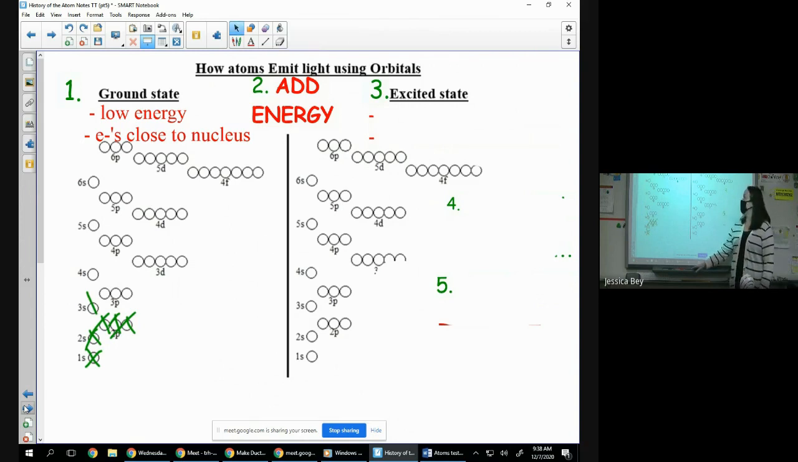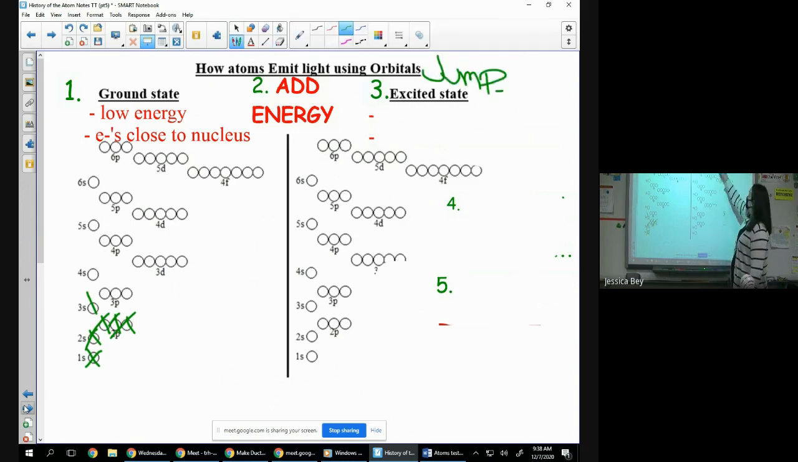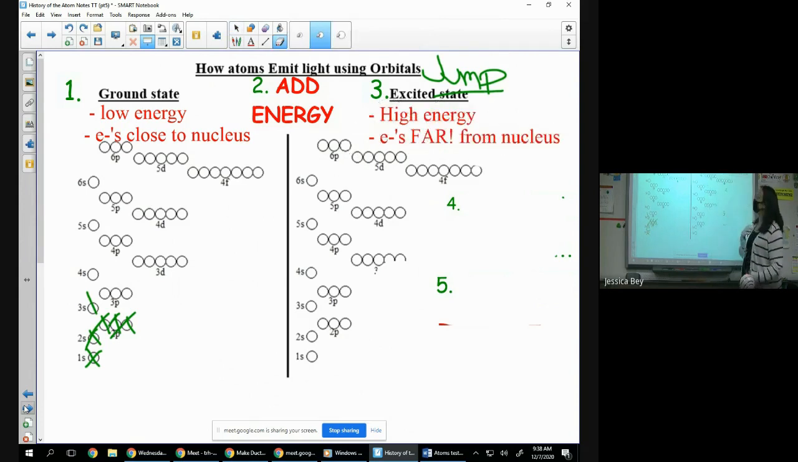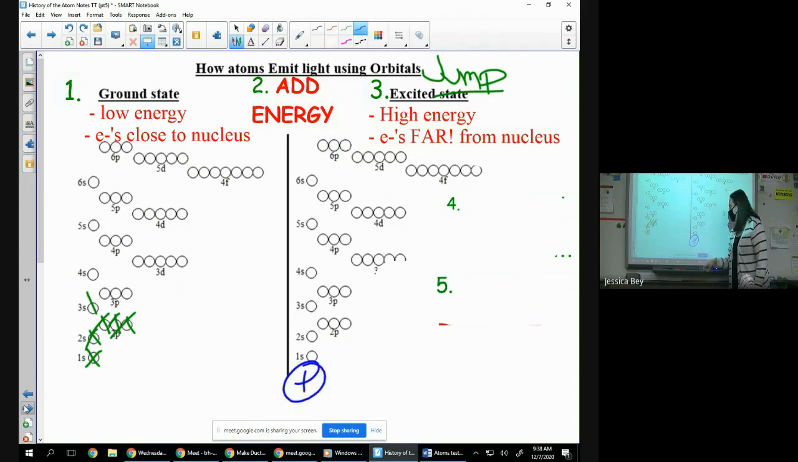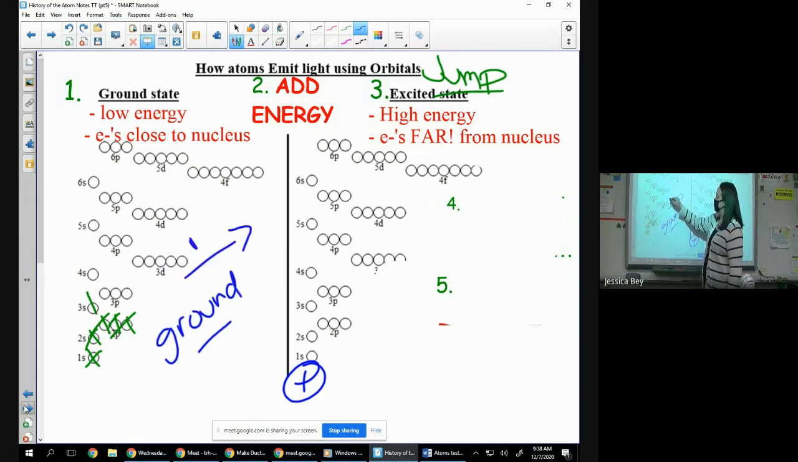Then the electrons will jump to the excited state. And in the excited state, the electrons are at the highest energy they can be, and the electrons are far from the nucleus. Remember, the nucleus is down here. So if I ask you on the test, which of these is the excited state? Well, if this is ground and you add energy,